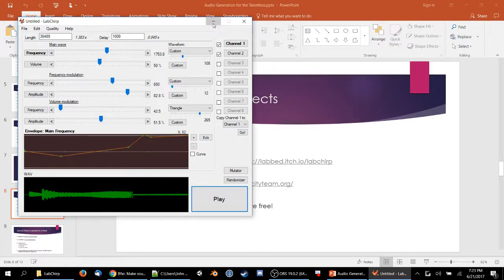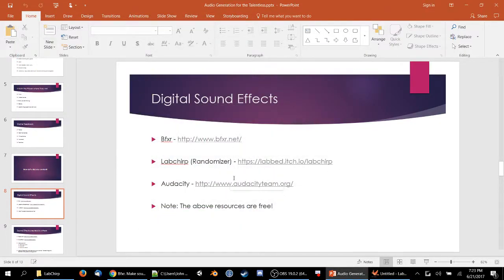So that's Lab Chirp. Audacity, actually, which is an audio editing program. You can create some sounds on it too. Say you have sounds that you want to combine. In my case, I was making a game where there was an earthquake happening.